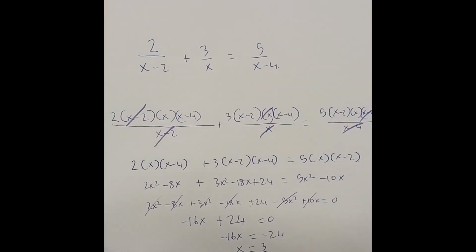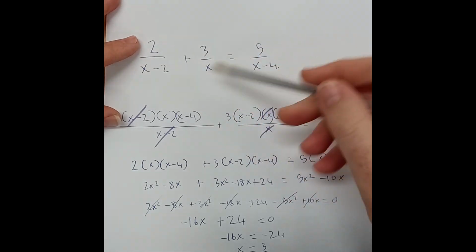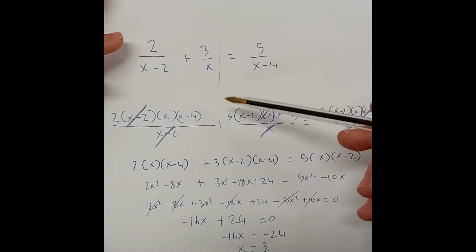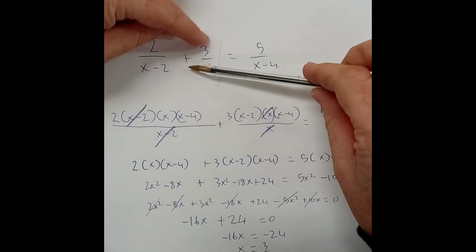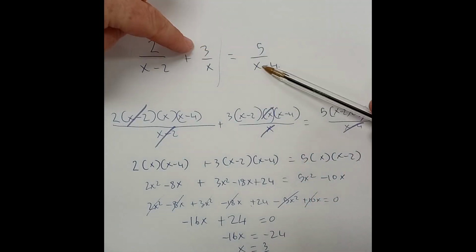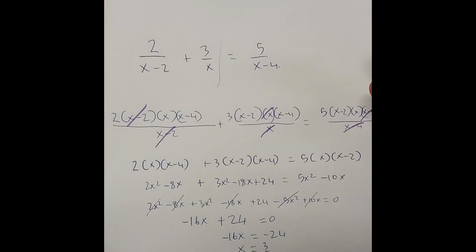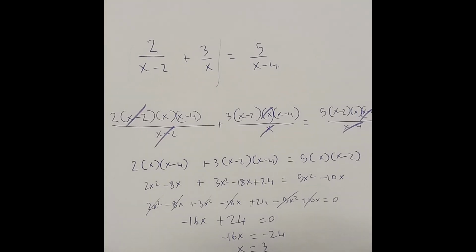Now that's the brave way of doing it, if you want to do it all in one fell swoop. The other way of doing it would be to just do this sum here, and then when you get that answer, it'll be one fraction, and you just cross multiply. I don't know whether one is easier or faster than the other. I think this one does have its advantages in that you're globally hitting everything, and there's probably a bit more work involved in this one, but it's totally up to you. I'll show you